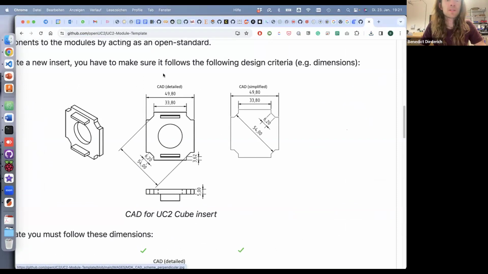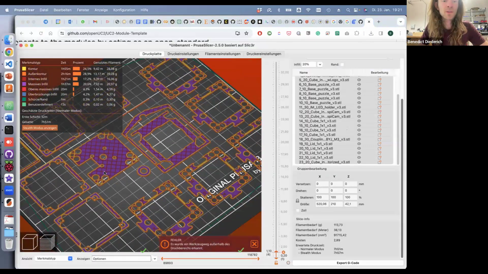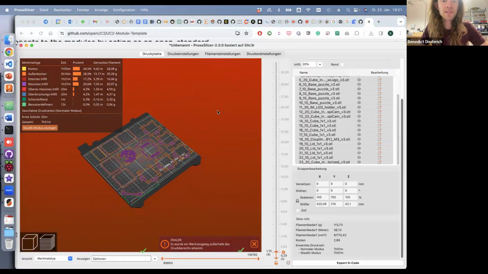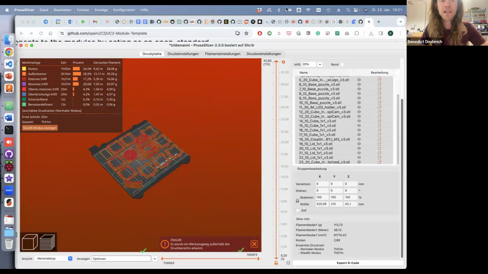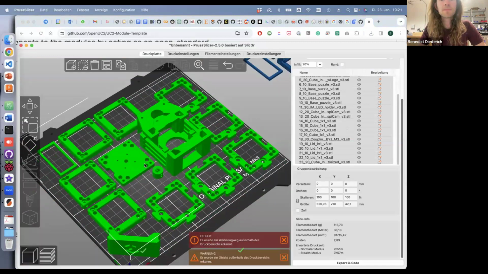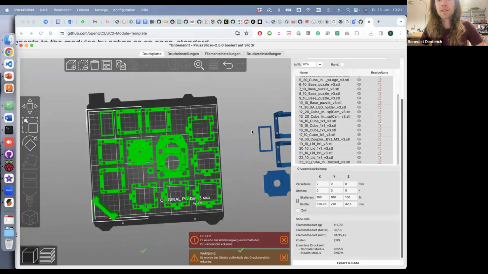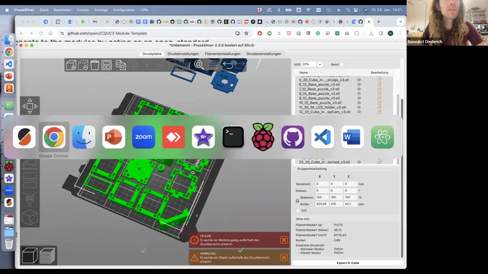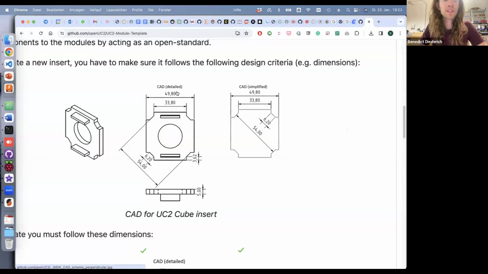And so what you have here is the standard we once put up there. This thing goes into the cube here, which for example holds your lens. Here there are none of them in the printing area. Well, this is a very funky piece here. But there are more here, for example, for the camera. That means if you stick to these dimensions and you print them out, then you're compatible with the